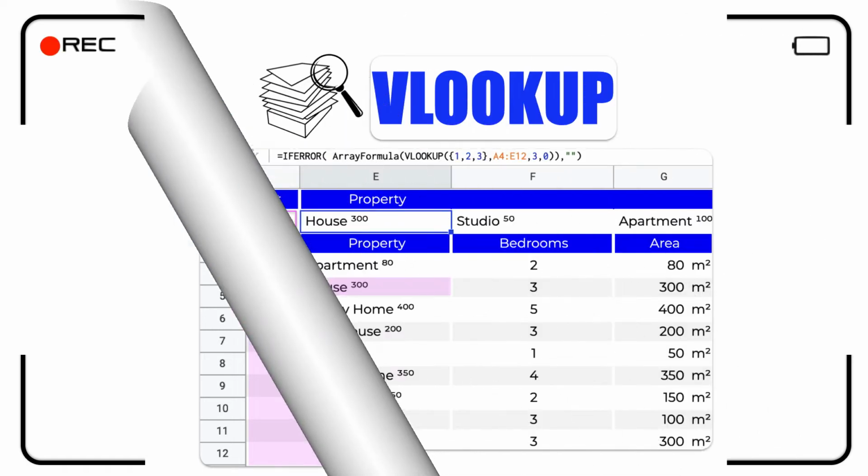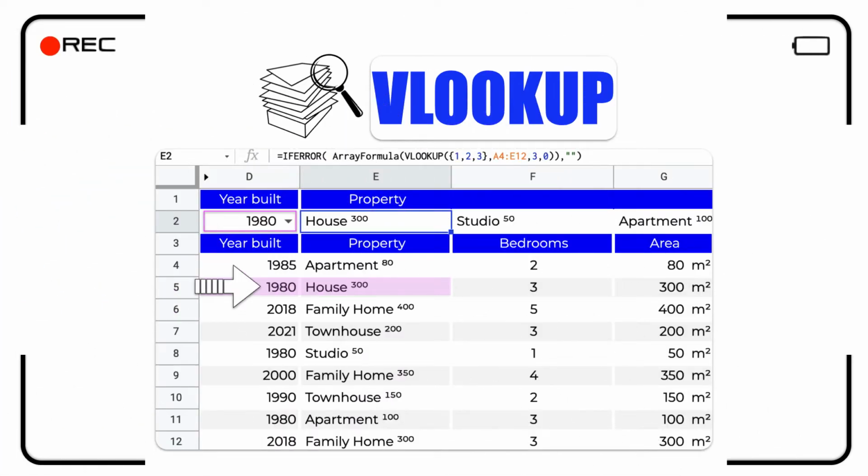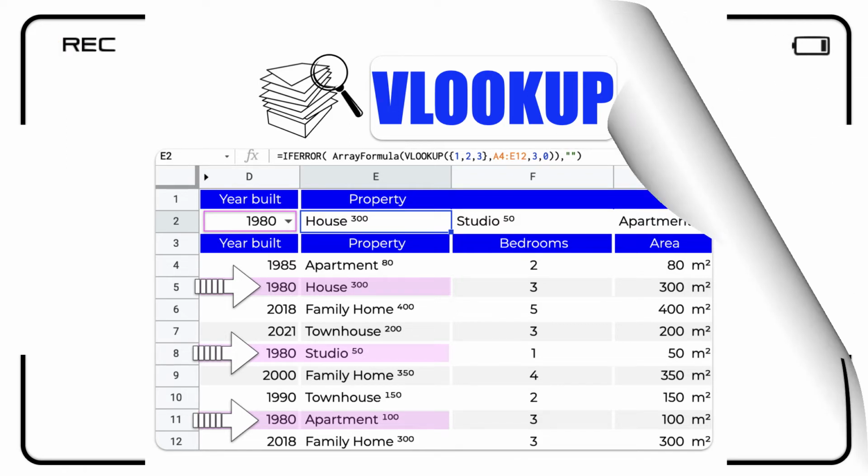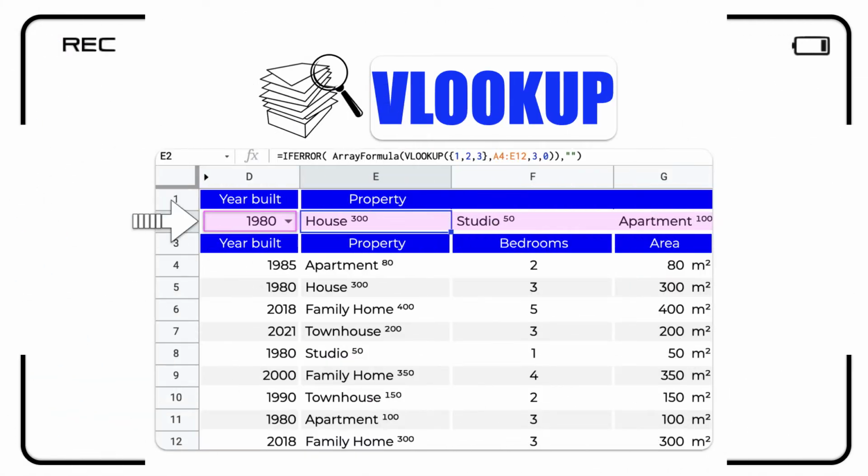Number 2, the VLOOKUP returns the first occurrence of the lookup value. Could we get all values that match the lookup value? Yes, we can. For example, our mission is to find all the buildings built in a specific year.